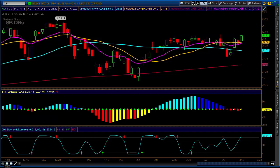And in this week's edition of Trade of the Week, we're going to look at a potential volatility breakout in